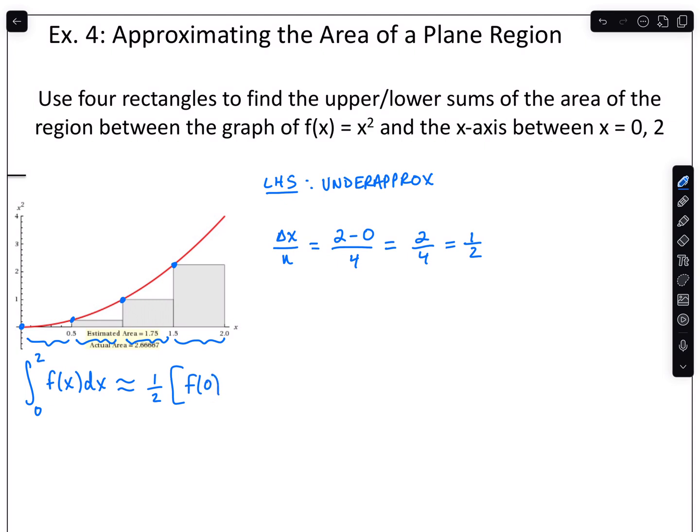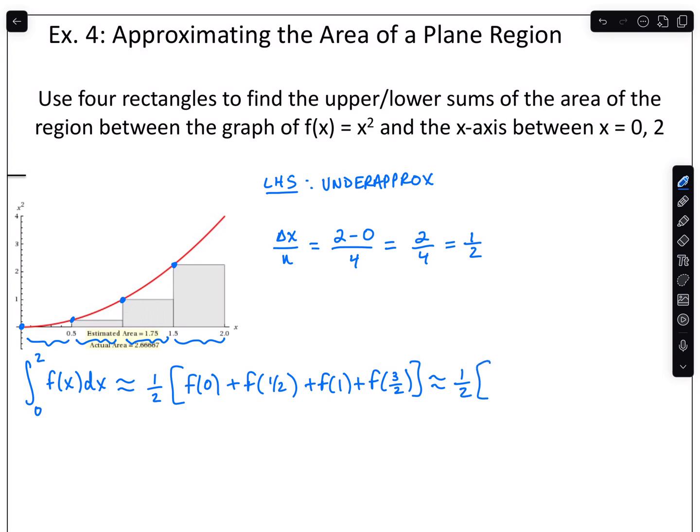I want to find out what is the height at x equals 0. The next one that I'd be interested in is the height at 1/2. The next thing would be the height at 1, and then the height at 3/2. In terms of calculation, this is not too terrible. We know that we're just squaring these quantities, so we could use a calculator, but I'm not sure that it's